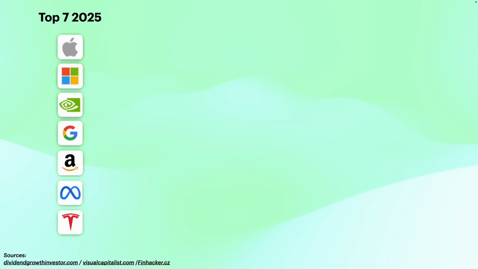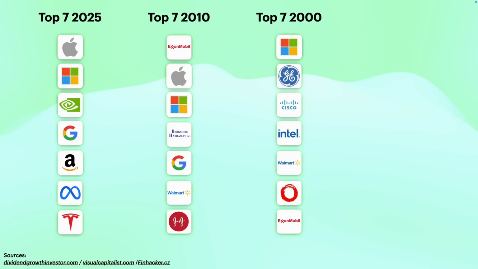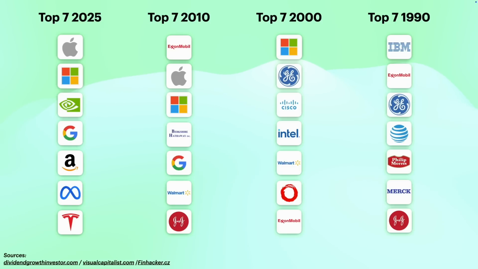Now that's extremely impressive, and on the surface of things, you can kind of understand why a newer investor might just jump into those stocks, assuming that that past performance may also carry through to the future as well. But if you roll back the clock just to 2010, the top 7 companies in the United States of America were not the same 7 stocks that we see today. And in actual fact, on that list, only Apple, Microsoft, and Google feature in it. Roll back the clock another 10 years to the year 2000, and only Microsoft features. Another 10 years back to 1990, and not a single one of the Magnificent 7 stocks today features in that